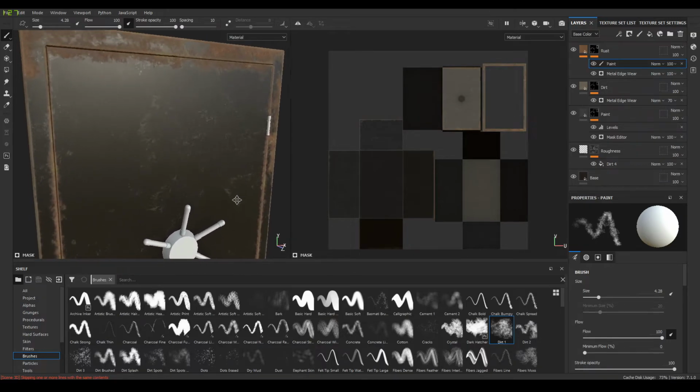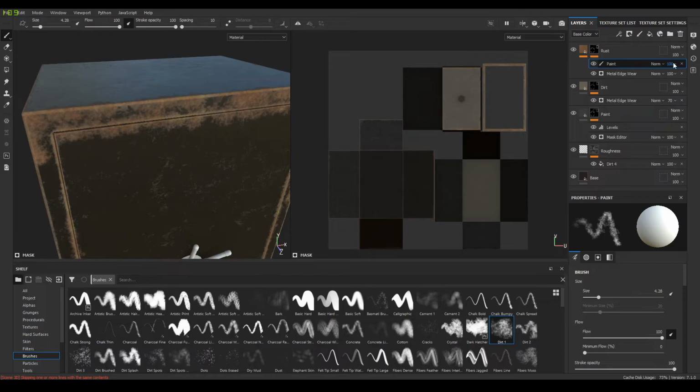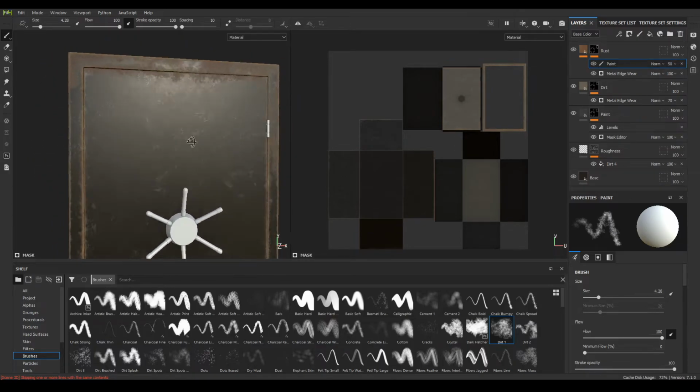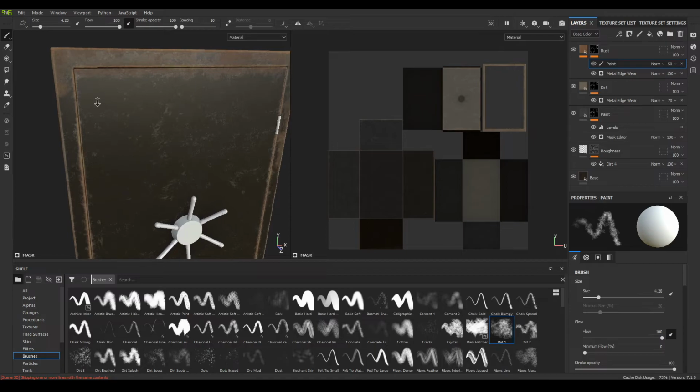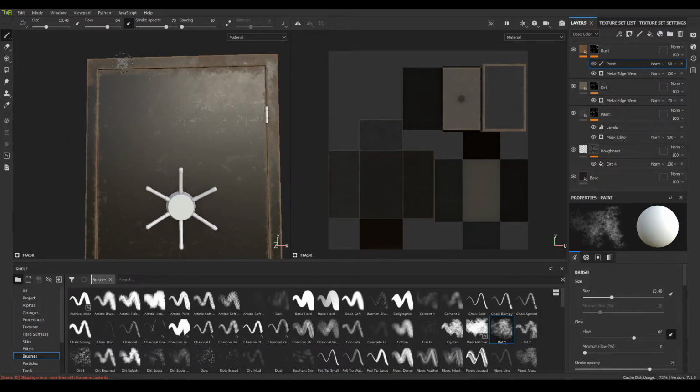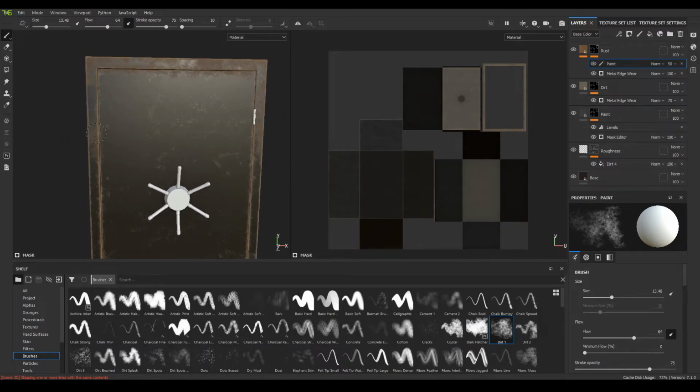Now we have added some rust on our textures, so let's select this paint layer and decrease the opacity to 60 or maybe 50. Let's change the stroke opacity for this brush and also the flow and add some rust on these corners.